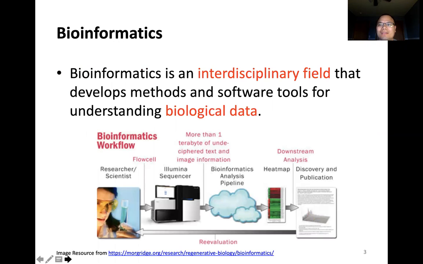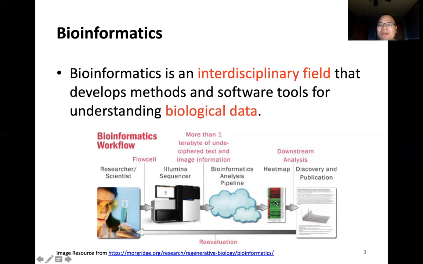Bioinformatics is an interdisciplinary field that develops methods and software tools for understanding biological data. Look at the figure. It's a typical bioinformatics workflow. Researchers and scientists devise some experiments, and the experiment materials feed into the next generation sequencing machines, and then bioinformatics pipelines are used to analyze the data generated by the machine, and the pipelines also generate some kind of